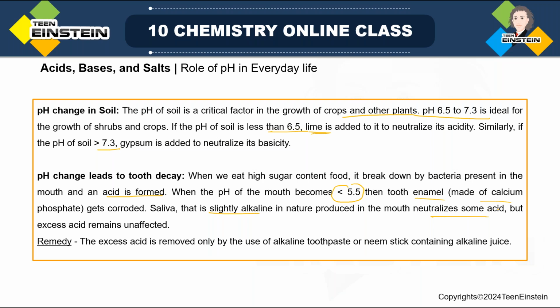So this excess acid we can remove if we use some alkaline toothpaste or a neem stick, which is very good and naturally available. It contains some alkaline juice. If we brush with a neem stick, then also it is very good for the health of our teeth. It is also because of this alkaline juice present in it, which can neutralize the increase in acidity because of this wrong food. Actually, not the wrong food, that is, after eating those foods we should wash our mouth. Okay,